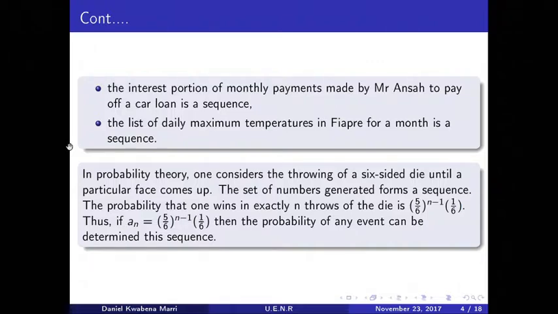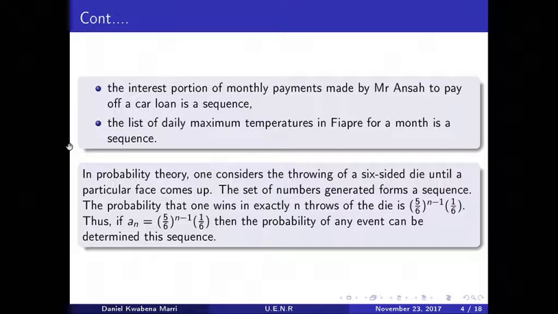Also, the list of daily maximum temperatures. I use Aperture, for example, because I stayed at that place. And then even in probability theory, the set of numbers generated, if one wants to get a win on, let's say, an nth row, is generated by that sequence, that is